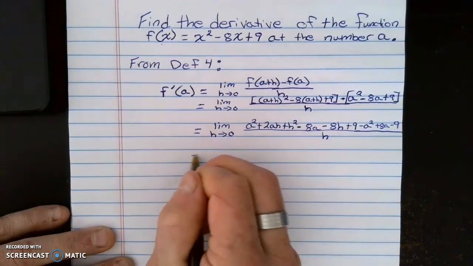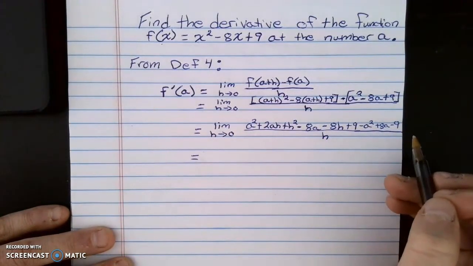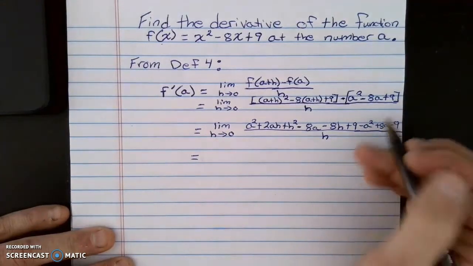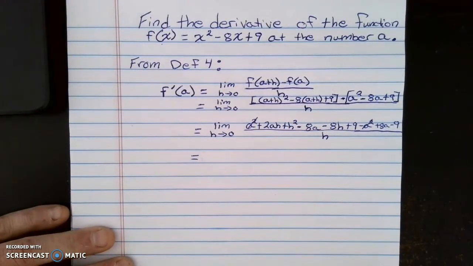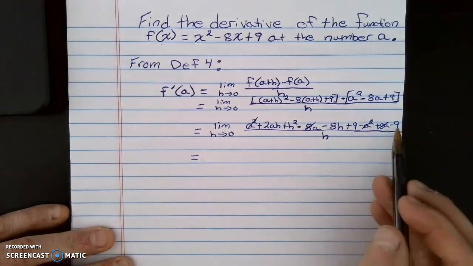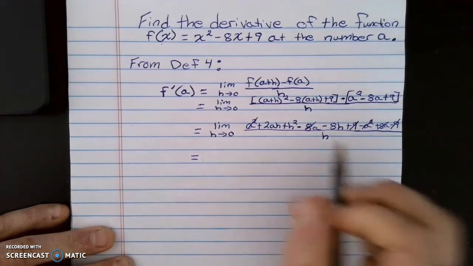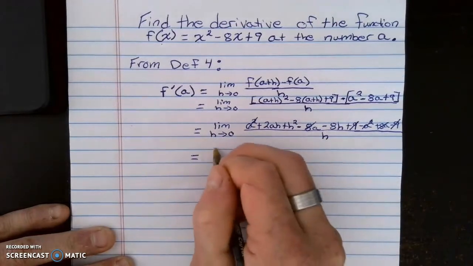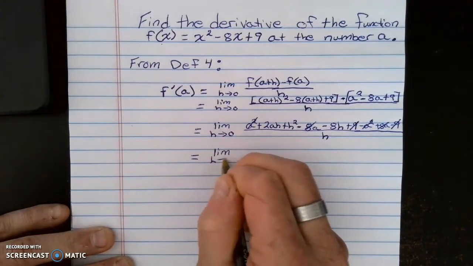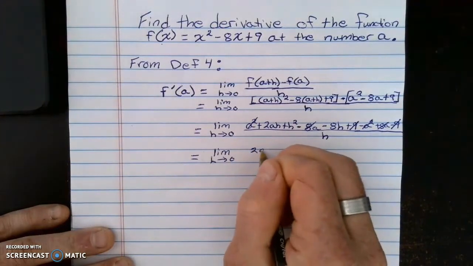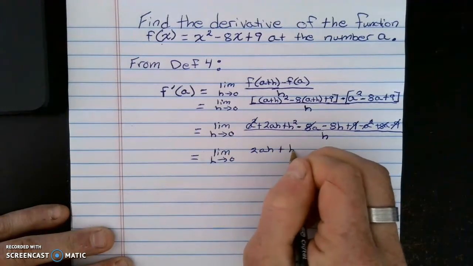Denominator is h. Now I'm just going to simplify it all the way through. And when I simplify it all the way through, the a squareds become eliminated, the 8a's become eliminated, and I can add like terms at this point. As I go through and add them, the 9's also become eliminated. So all that's left here is going to be the limit as h approaches 0 of 2ah plus h squared